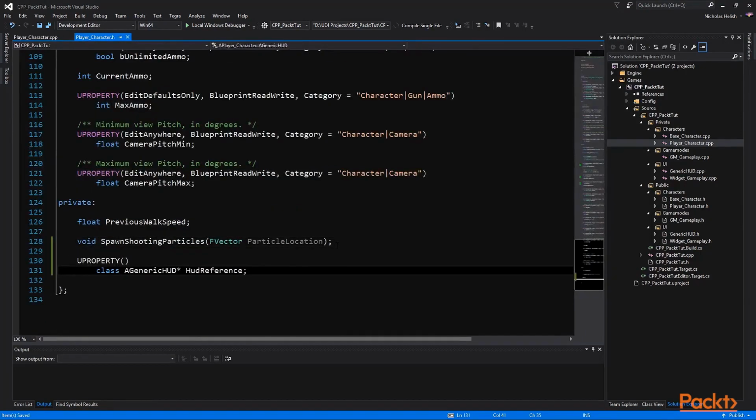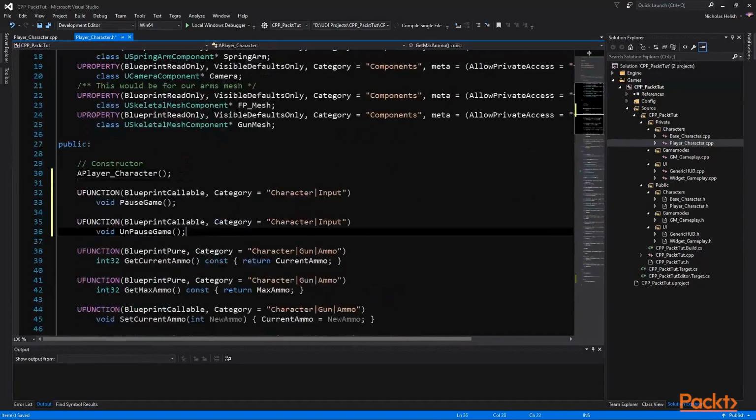file. Here we are declaring a pointer variable to the generic HUD class so that we can use it later in the source file, but only in C++, which is why we put it in the private category. We have UPROPERTY above it so that it can be garbage collected in the event that we need it to be garbage collected. Here we are declaring our functions for pausing and unpausing the game that we can also